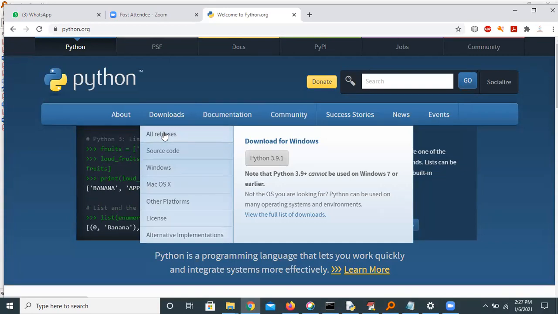From where do we need to download? From python.org, the official website. The latest version is 3.9.1. You can go to Downloads, then All releases. In that, we need to check for version 3.7.0.